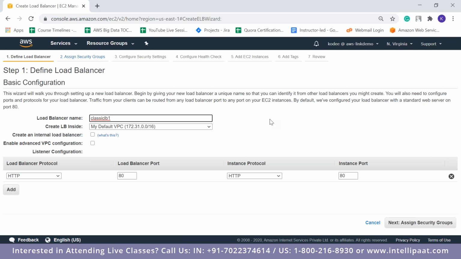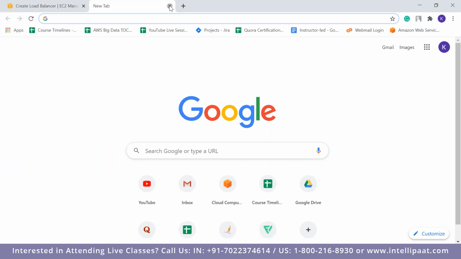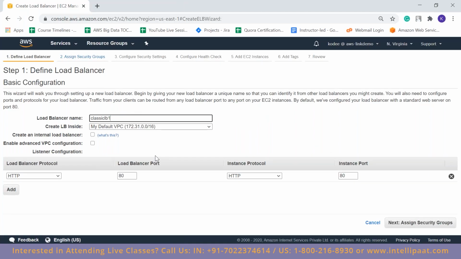I'll not be able to access it directly from the internet. If I paste the DNS name or the URL of the load balancer in the browser, I'll not be able to see it. I'll only be able to see the load balancer from within the VPC. I'm not going to go a lot into that because that's a totally different concept which we'll have to put a lot of time into learning.